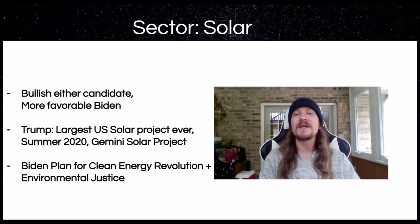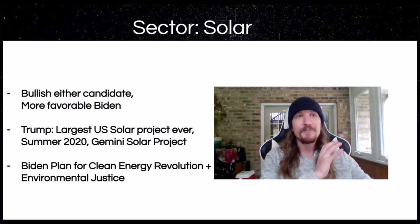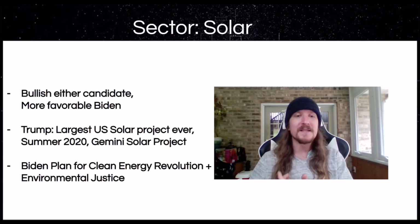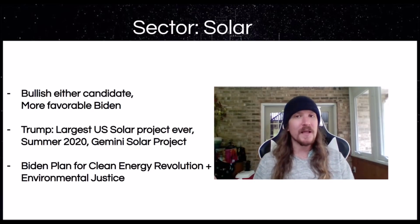2020 has stood out to me as far as a massive capital shift in markets with a ton of money leaving oil companies and a ton of money pouring into the solar sector. And in my opinion, we're going to look back a decade from now and say, that's the year that COVID reaction is the most significant capital shift that we saw between Standard Oil and the new renewable energy space. So we're seeing the market right now price in the fact that it doesn't matter what the election results are,